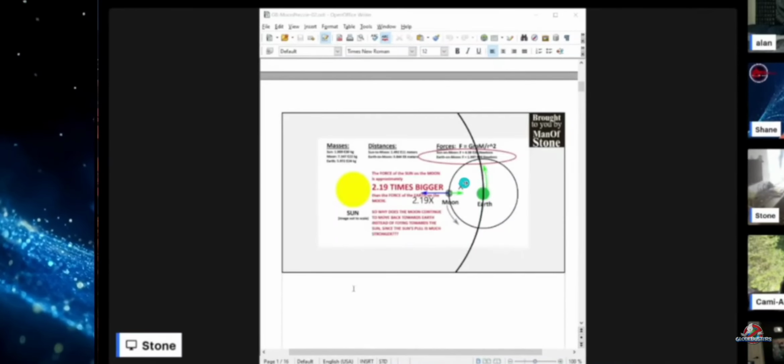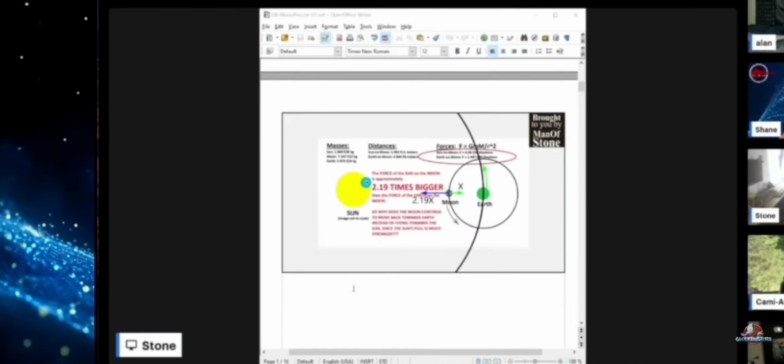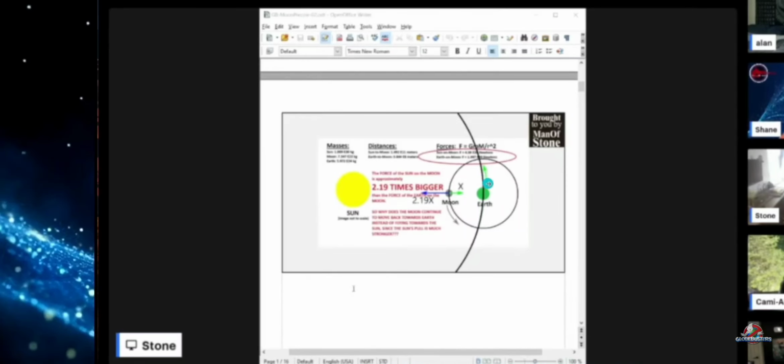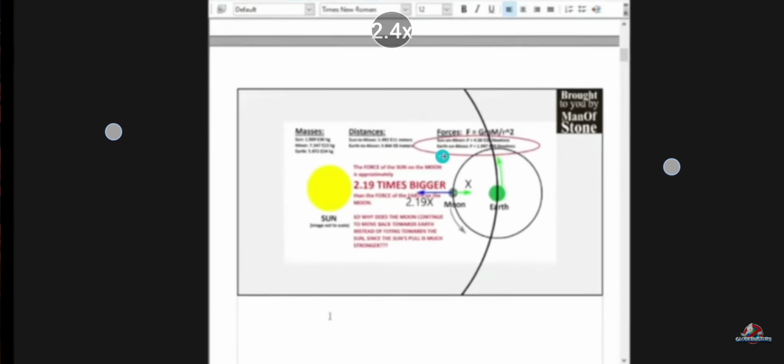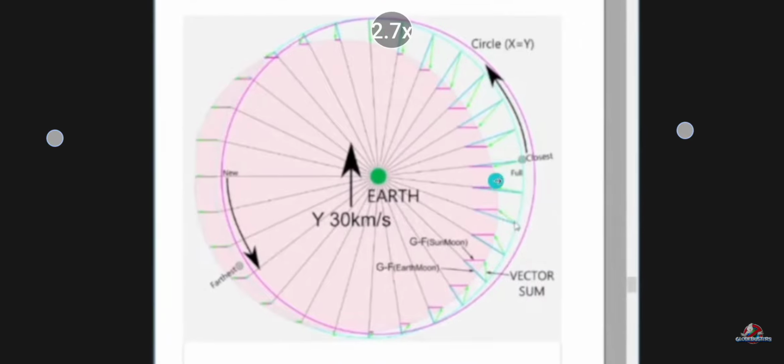And to show that again from another perspective here, the potential from the sun to the moon is 2.19 times the potential from the Earth to the moon. Just absolutely absurd. And one of the first things they teach you in physics is to make a free body diagram. So adding up these vector potentials and showing where they are over time and what angles they create is going to dictate where things are going to be, where the motion is going to make something move based off of the forces that are acting on it.